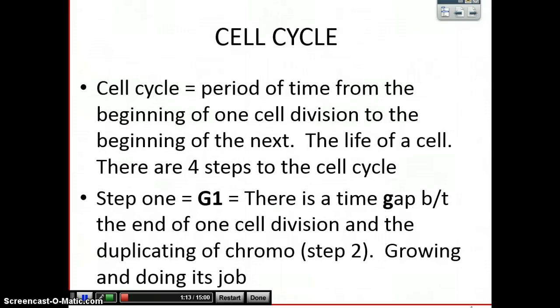The cell cycle, like I mentioned, is the life of your cell. It comes in 4 steps or stages. Step 1 is known as G1. The G stands for gap, so it's kind of like a time gap. And during this time gap, your cell is growing, doing what it needs to do. All those organelles are functioning properly to keep you alive. Also, during G1, your cell is growing. And eventually the cell is going to get too large to be able to do the job it needs to do. At that point, it goes to step 2,